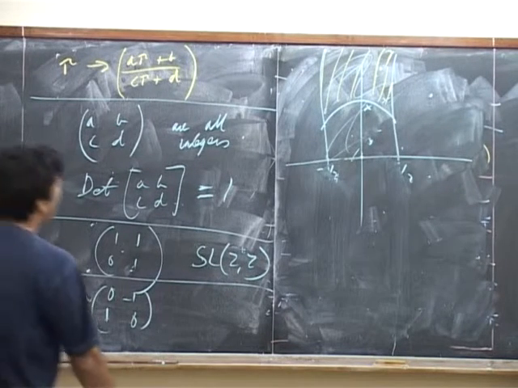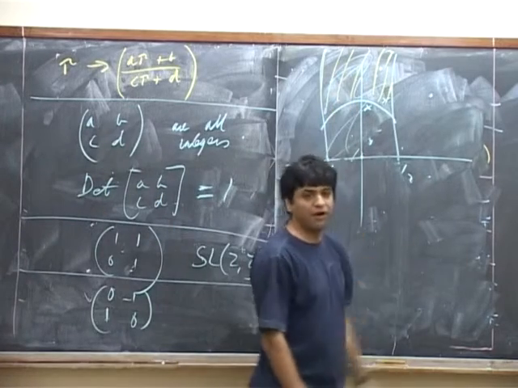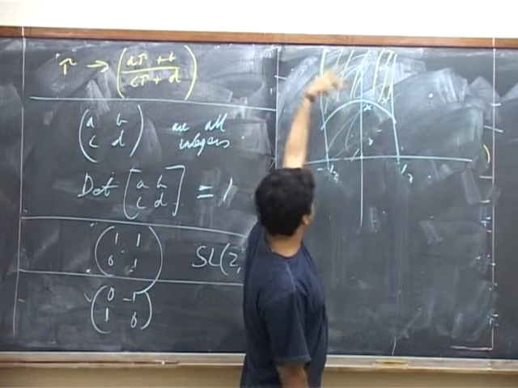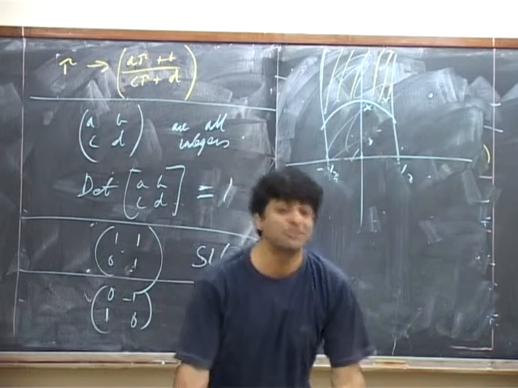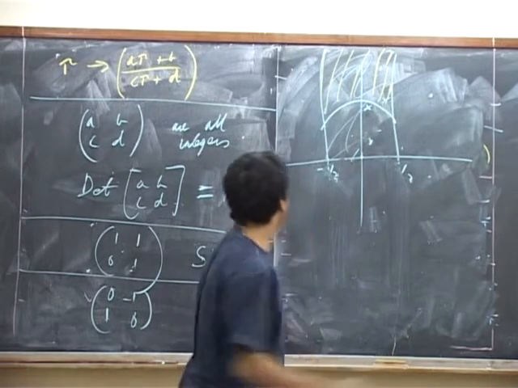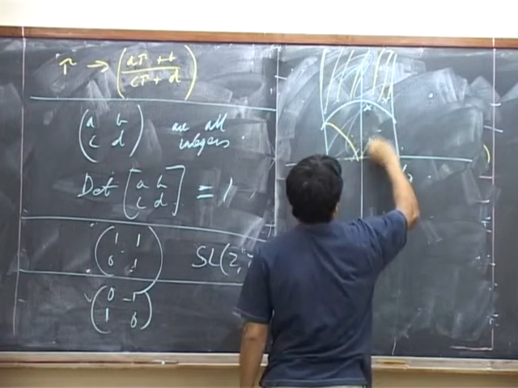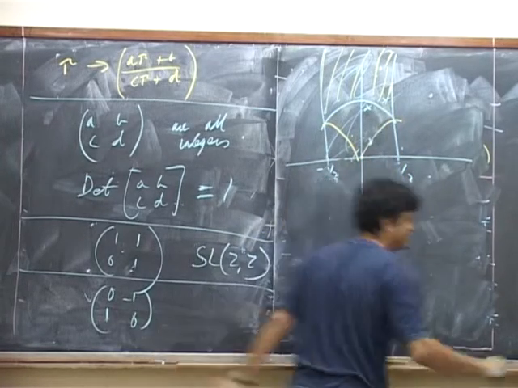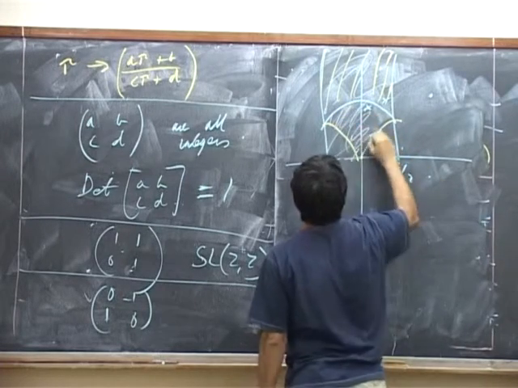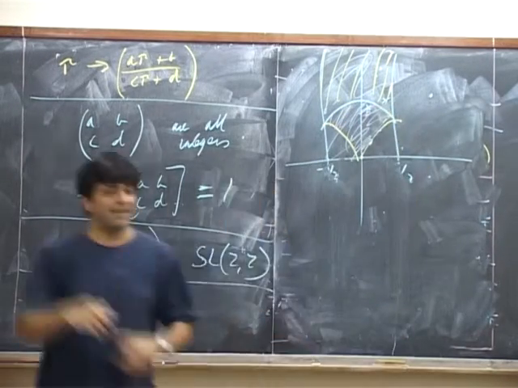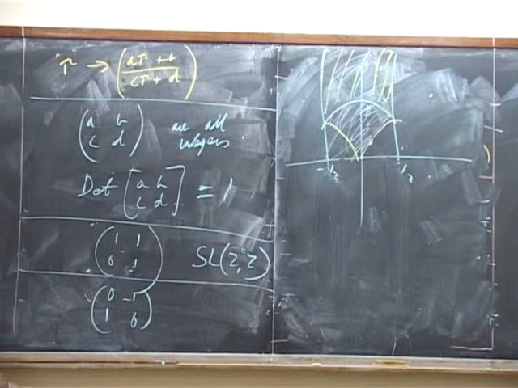Now of course there are many other fundamental domains of the space. For instance, what you can do is take this fundamental domain and see what it maps to under tau goes to minus 1 by tau. It maps to something like this. That's another fundamental domain of our space, and there's an infinite number of them.